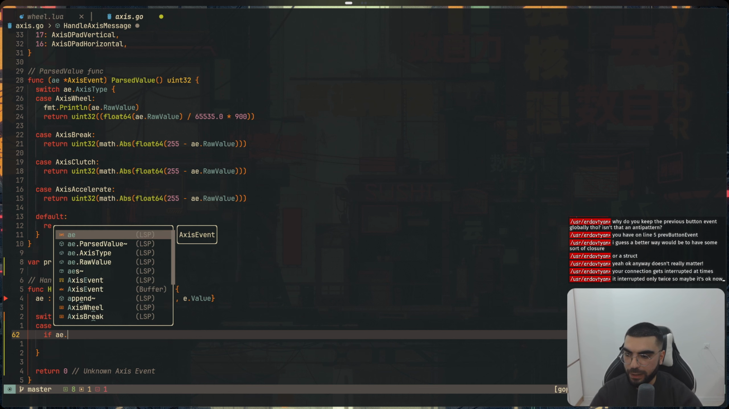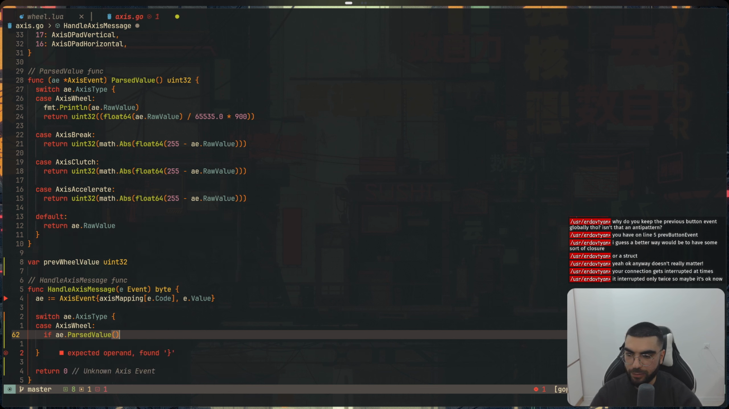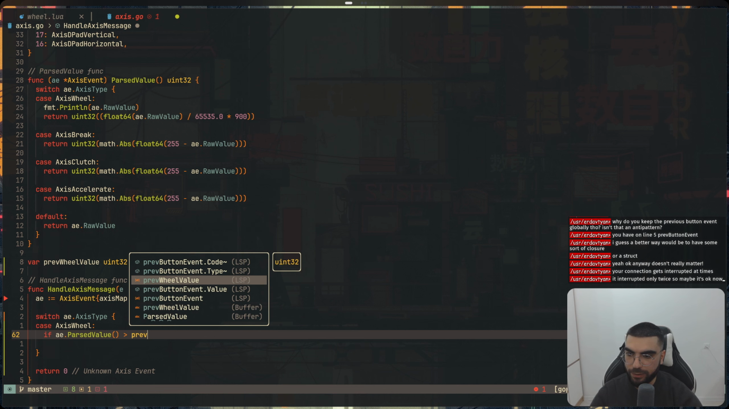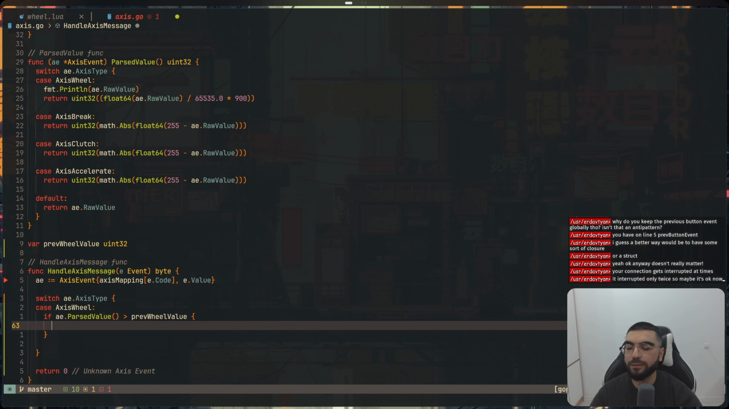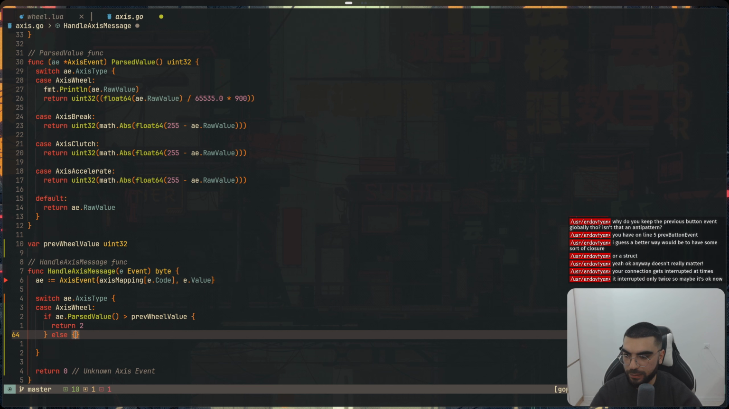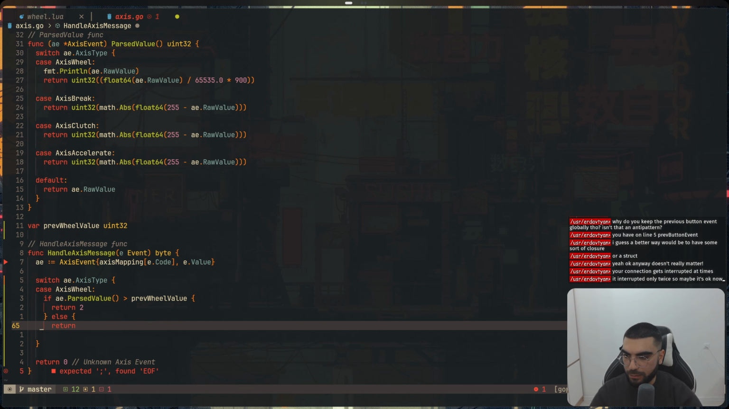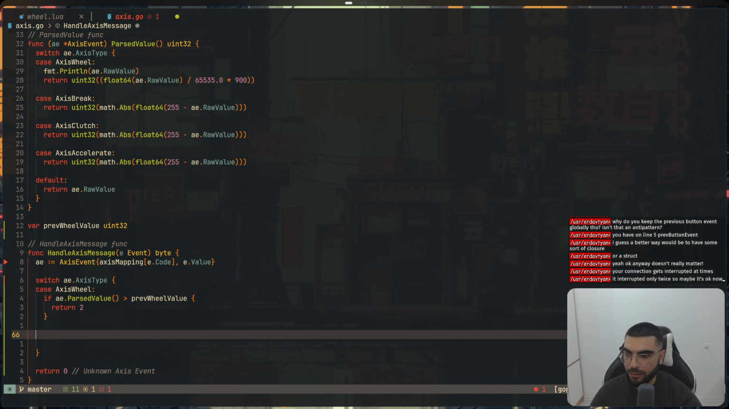If axis event parsed value is greater than previous wheel value, then okay, return 2, for example. I don't know. Else, let's just do this. Return 3. The 2 is right, 3 is left. Okay. And when it's done,